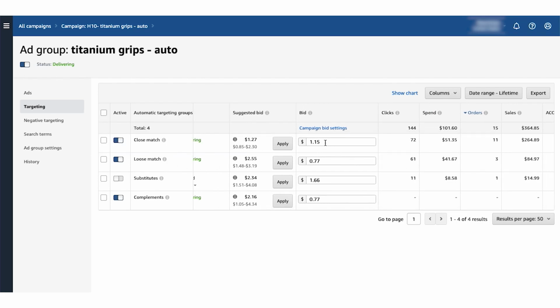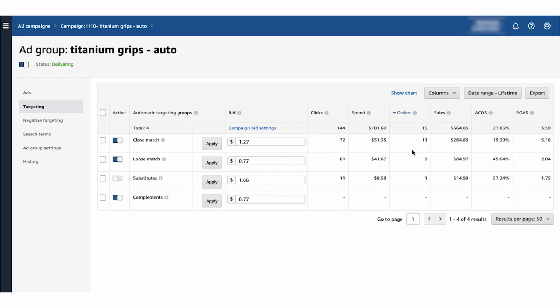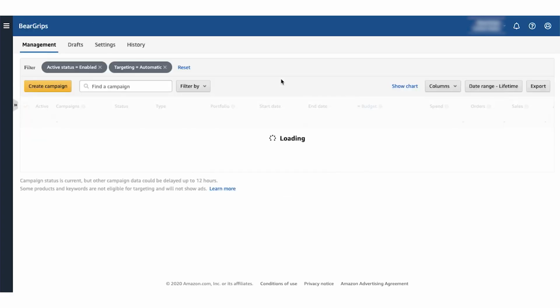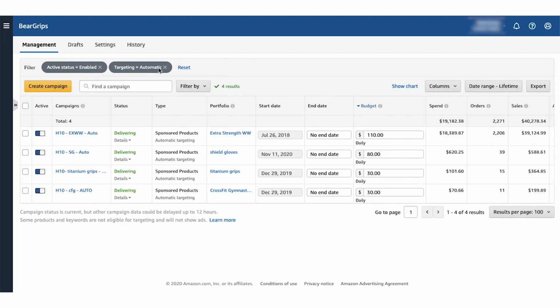Now the campaign bid currently is $1.15 for this target. I'm just going to increase this to the suggested bid of $1.27, and hopefully we're going to see an increase in the performance for this particular campaign because we've increased the bidding for this particular target. So that's different ways that you can optimize your campaigns, whether they be automatic or